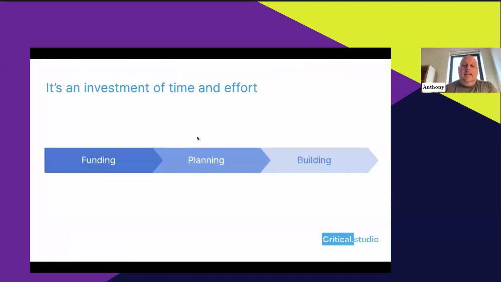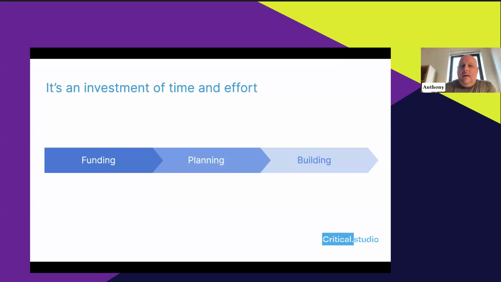Building something like this is significant, right? And again, I want to call back to an earlier webinar in the series. In the first webinar in the series, Sam talked about a high-level process for everything that's involved in funding, planning, and building an application like this. If you're looking for an overview of that process and a deeper understanding of what's really involved, I highly recommend you take a look at that as well. But